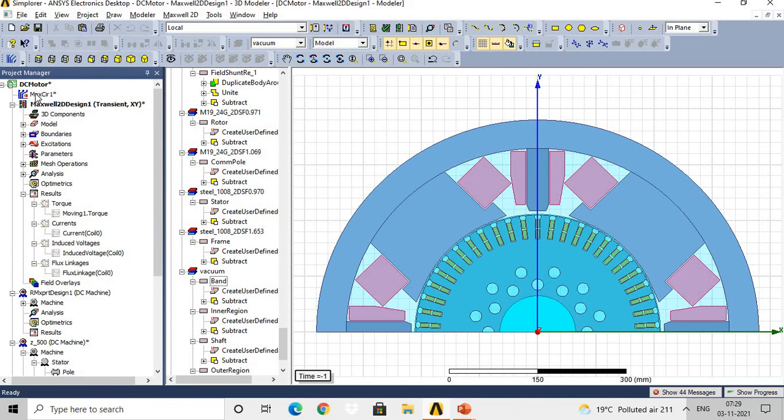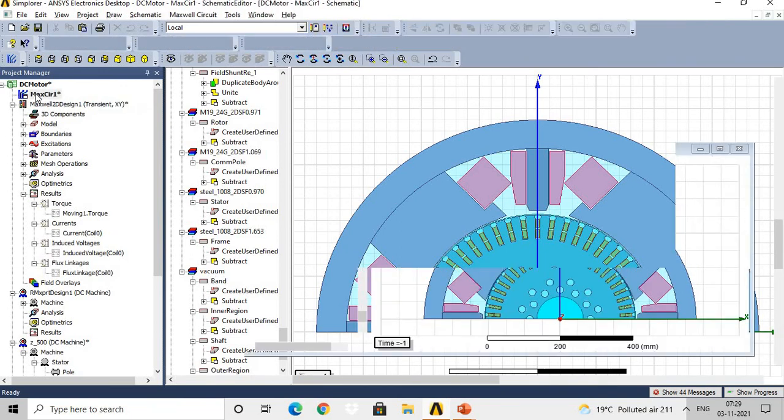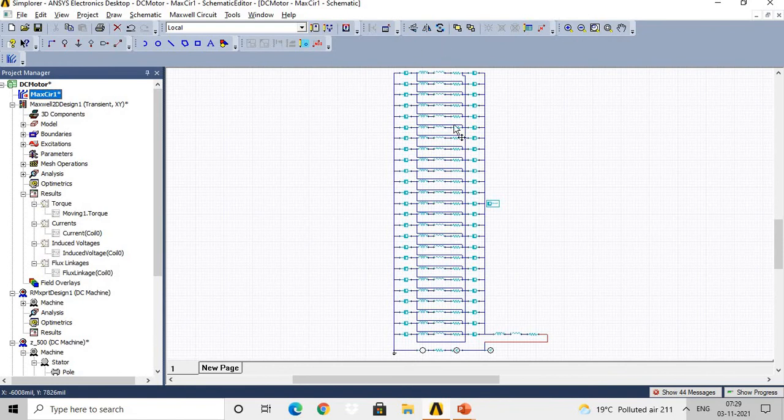Now once we convert this model into 2D, if we double click on the Max circuit, this circuit is available. This is the supply circuit for your machine. I'm just giving the information: if anyone is interested to know about this for your project report or research paper, you will get that idea here.